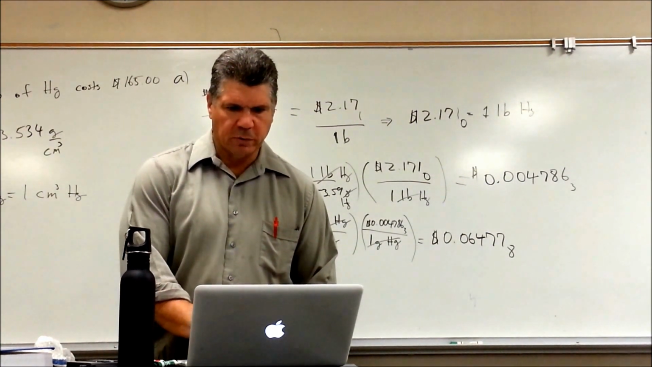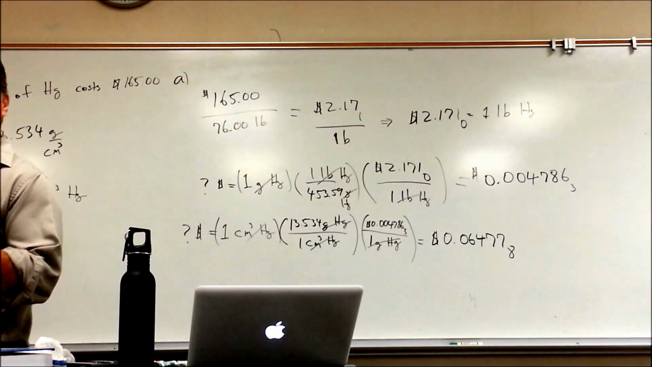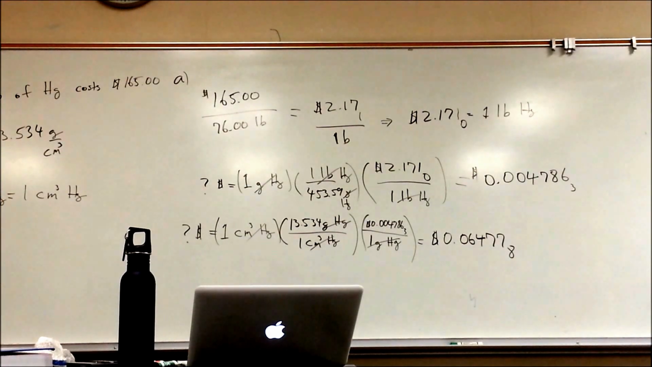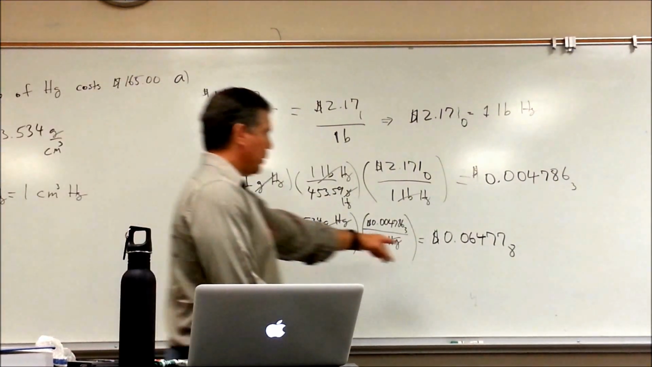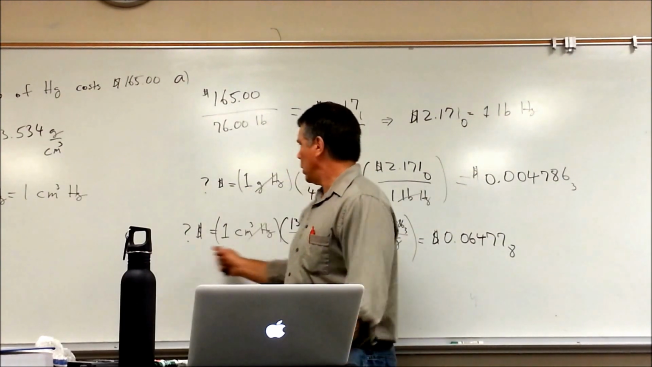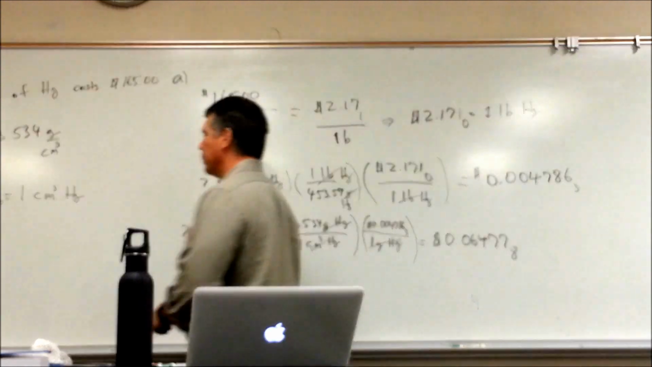Next one asks, what is the price of 1 cubic inch of mercury? Here we have to set up a relationship between cubic centimeters and cubic inches. What we've calculated here is the cost of 1 cubic centimeter of mercury. So what we can say is that